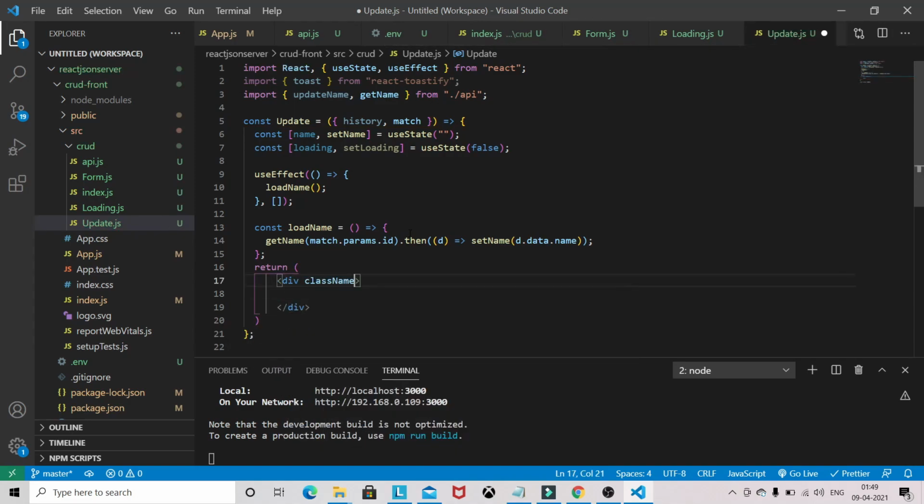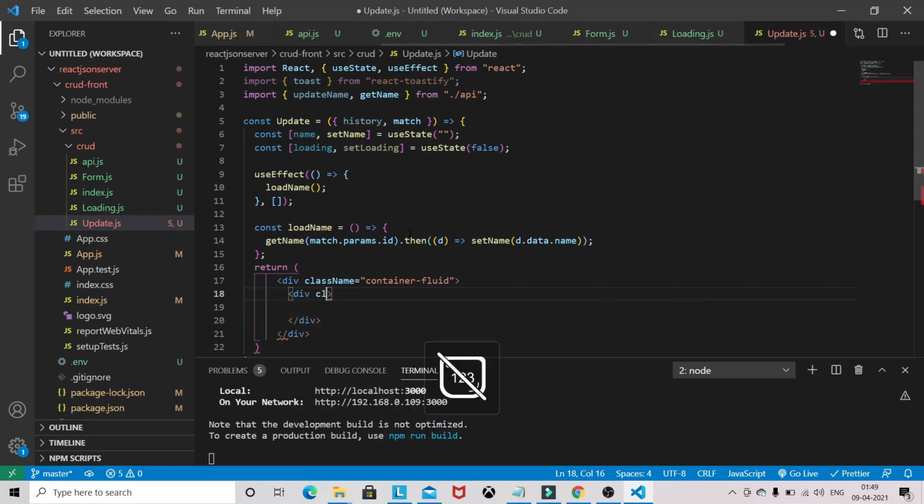So className will be container-fluid. Again we have to specify className row.